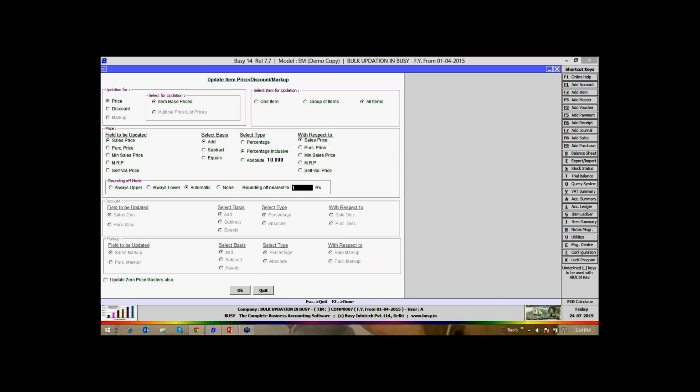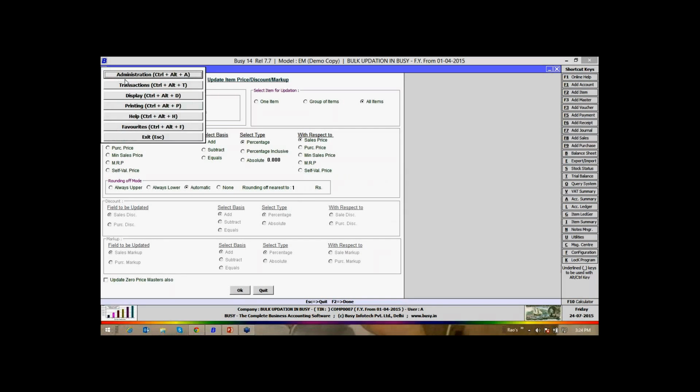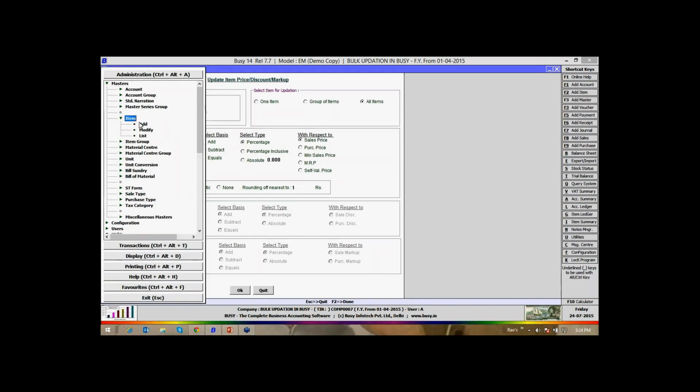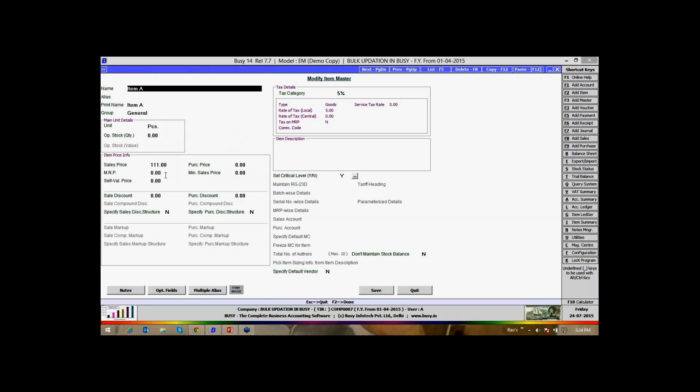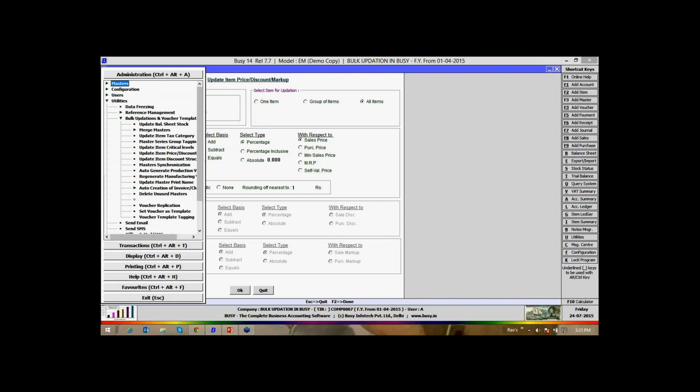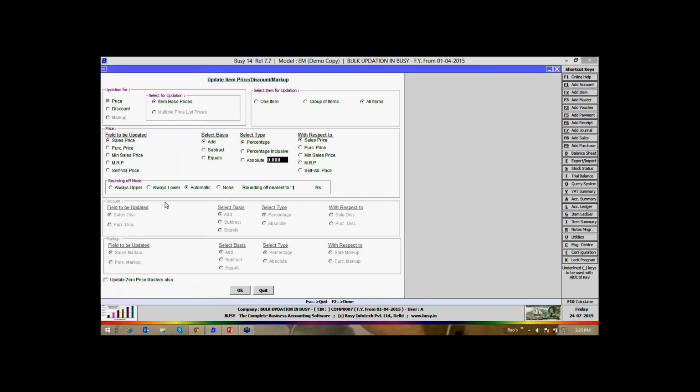So we're keeping it 1. Absolute, percentage inclusive. So this is the percentage inclusive here. We have round off near to 1. So that's why it's round off. If you deduct 10% out of 111, it will come to 100. How much round off you want?